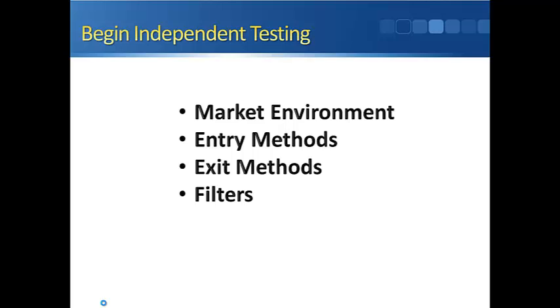We want to go in and automate the process, because that's our ability to quickly test up multiple markets, multiple time frames, multiple market environments, and then we can start building into our strategy different entry methods, can't we? We can say, right, well, we've got a basic entry, but we can add in different filters to determine our entry method. And we can do the same with exits, because we don't want to manually test that process. That would take a lot of time, effort, and resources. Whereas if we can just identify that edge with a fairly basic strategy. So when you do your 20 trade sample test, is that going to be a fairly basic strategy that you test?